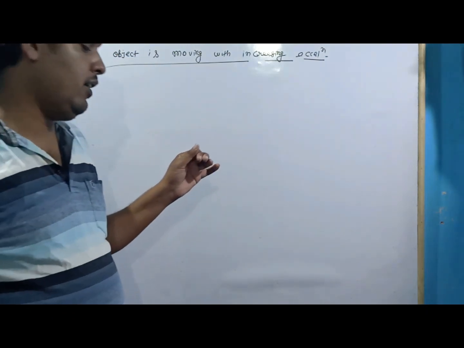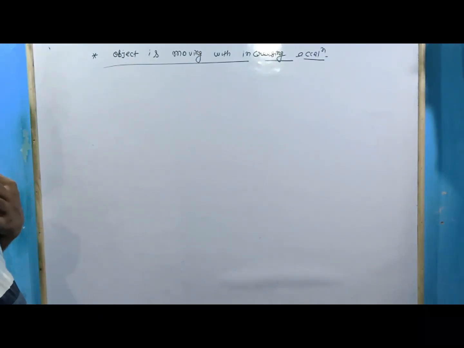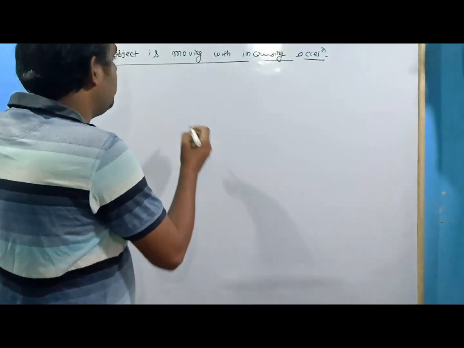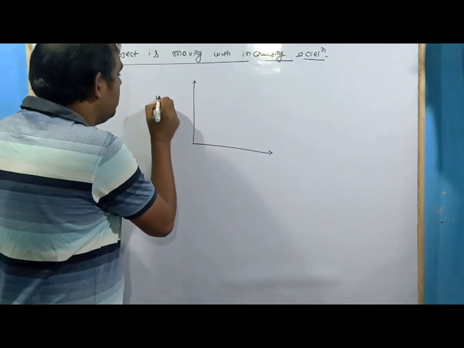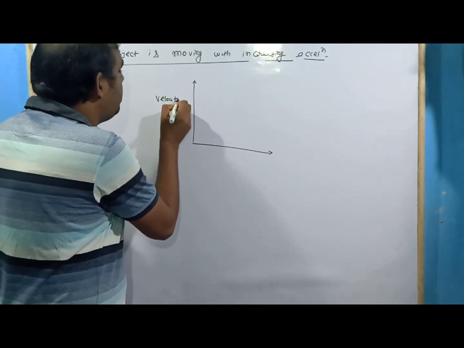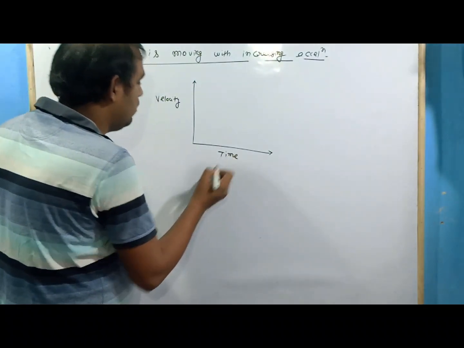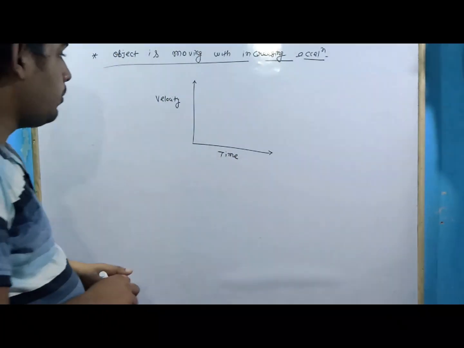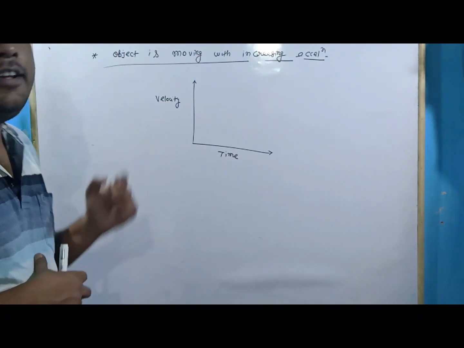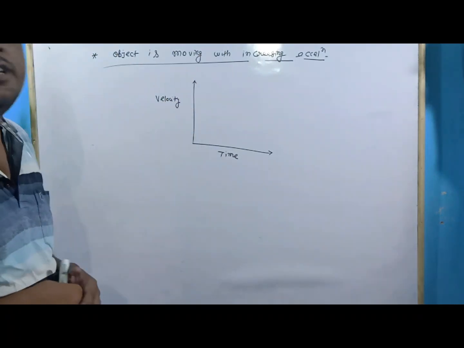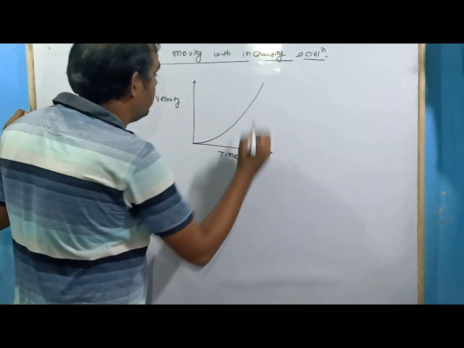In that case, when the acceleration is not constant, that means the acceleration is going to increase. The velocity is increasing, but velocity is not directly proportional to time now. अब वेलोसिटी टाइम के डायरेक्टली प्रोपोर्शनल नहीं रहा है, क्योंकि वेलोसिटी तो इंक्रीज कर रहा है लेकिन अब लिनियरली इंक्रीज नहीं करेगा, क्योंकि एक्सेलरेशन तो टाइम के रिस्पेक्ट में इंक्रीज कर रहा है. So in that case, the graph of the motion will look like this,